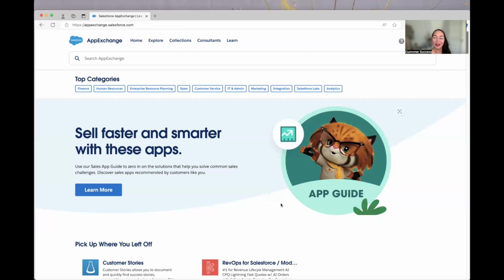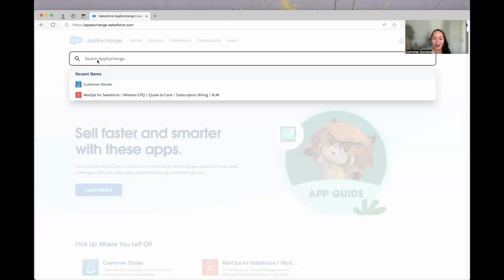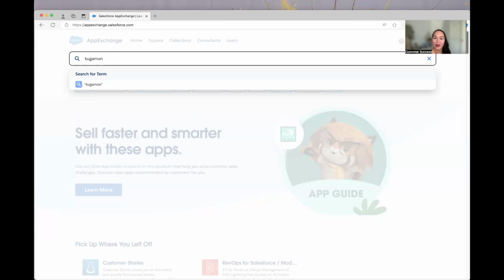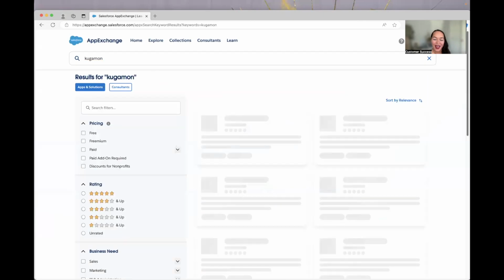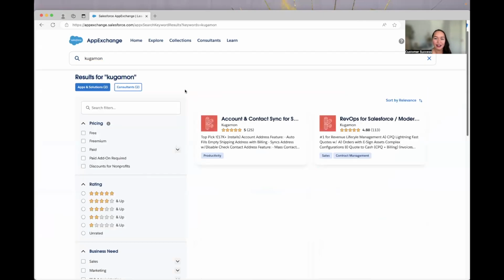If you're following along, you want to make sure you're navigated to the App Exchange homepage. And when you're there, just go ahead and start to type in Kugamon within the search bar. Then when you hit enter, you're going to see two results, and you want to click into the one that